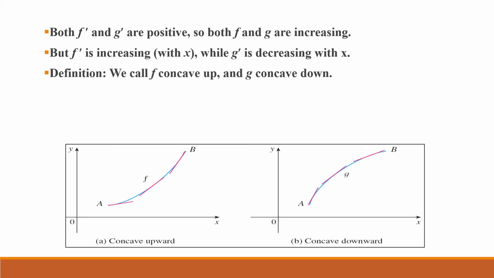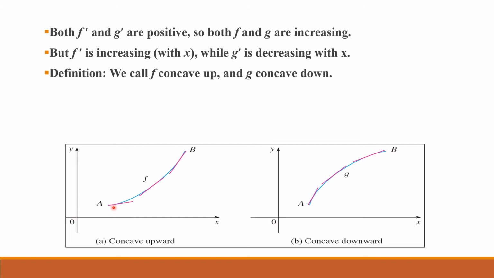So what does this mean? Both functions are increasing, and thus both of them, their slope is positive. The slope is increasing in both of the functions. But there is a difference, is that here the slope is increasing with an increasing rate. So f dash is increasing with x, while g dash is decreasing with x. Here g dash, the value of the derivative itself, is decreasing. Here it's very steep. Here, as you can see, it's getting more horizontal,